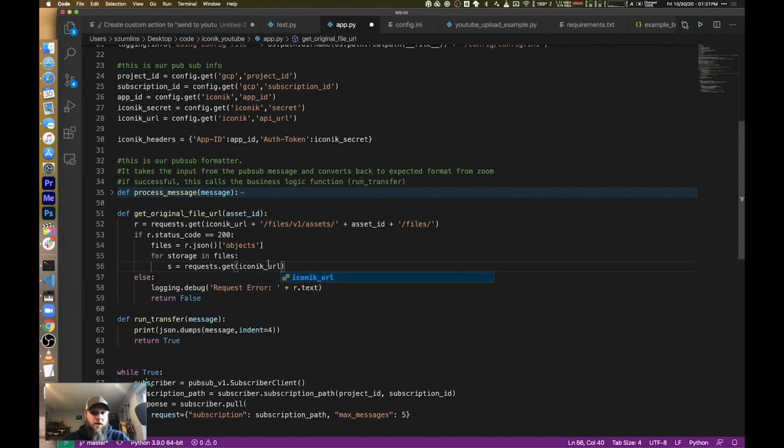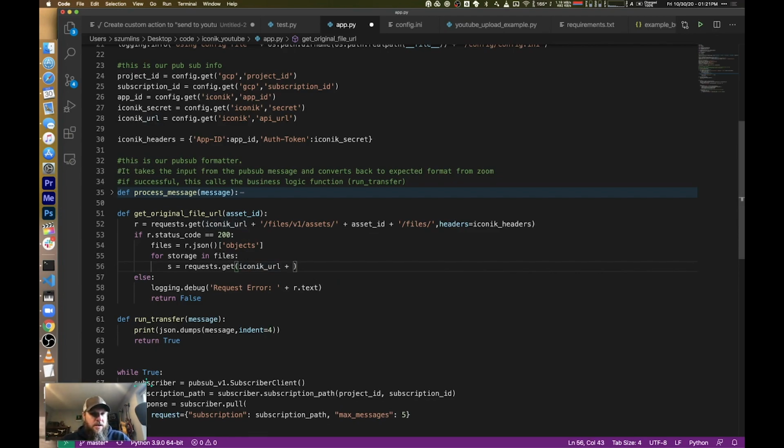Iconic URL. Oh, I noticed one other thing I missed earlier. I'm going to do this really quickly: put in headers equals Iconic headers. Because if I didn't do that, guess what was going to happen? It was not going to ever run this. It's going to fail. I'm not going to get my 200. I'm going to get the 401, that sort of thing, because we never authenticated to it because we didn't put our app token and ID in there. So, okay, cool. So now I'm going to say request get